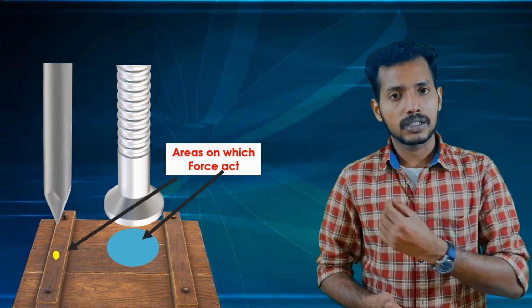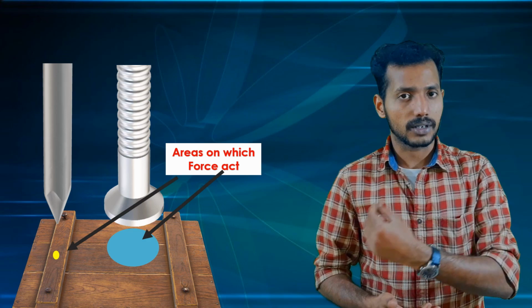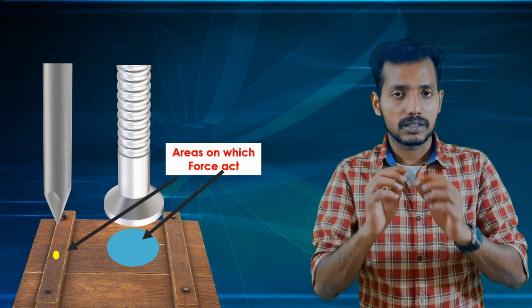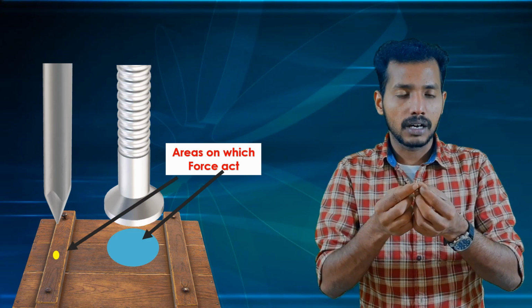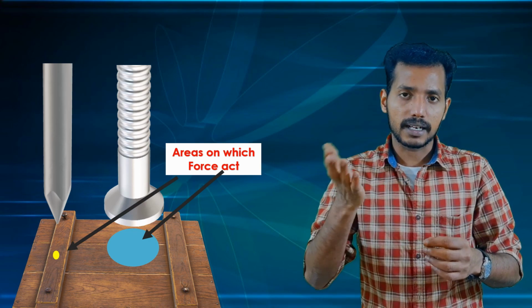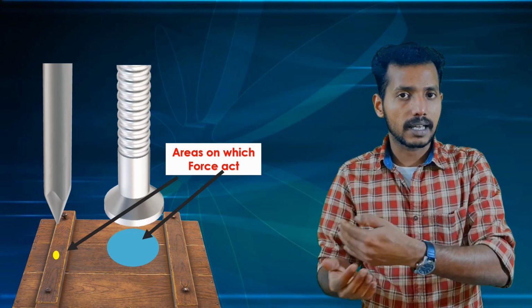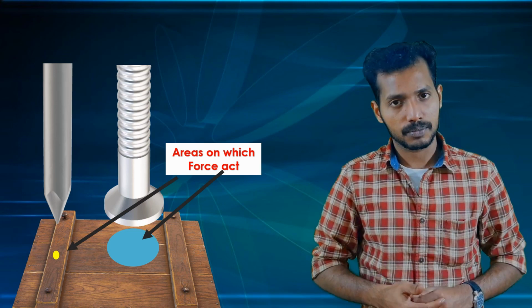So what we can conclude is that we applied the same force in both cases. While in the first case it did not happen, in the second case it worked properly. The reason, when we examine the situations, is that the area of contact with the wooden plank is different. In the first case, there was a big area of contact between the head of the nail and the wooden plank, while in the second case the area was too small.